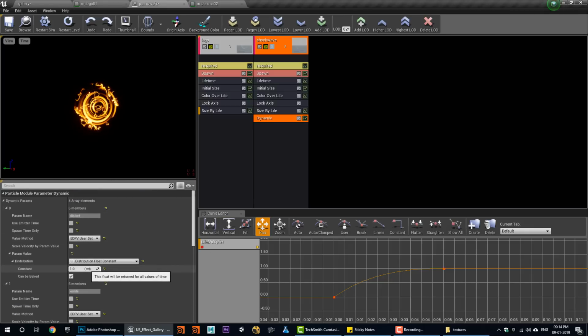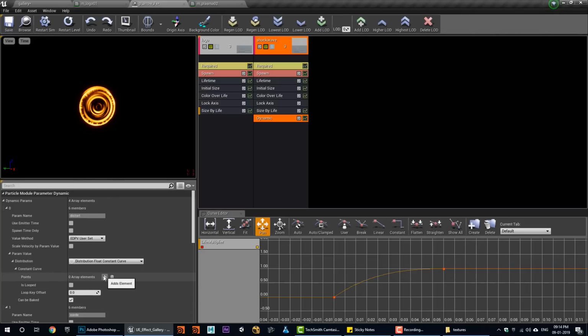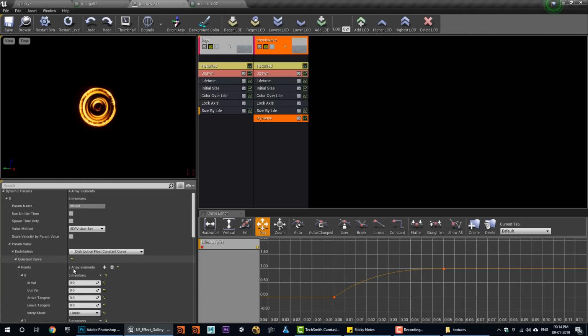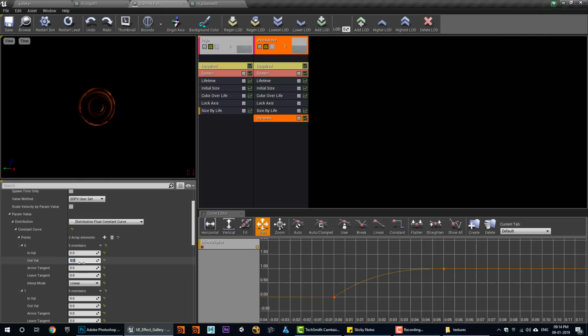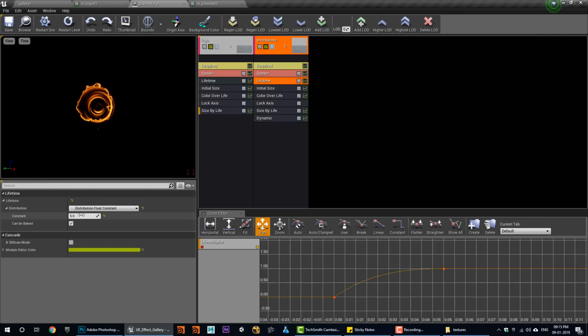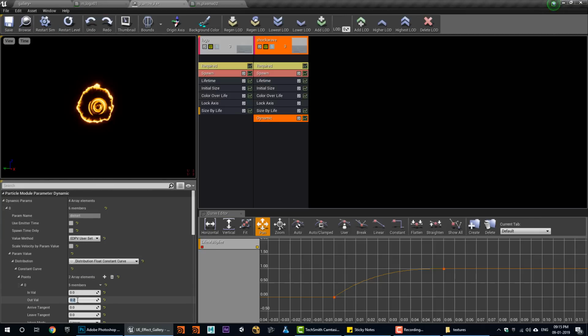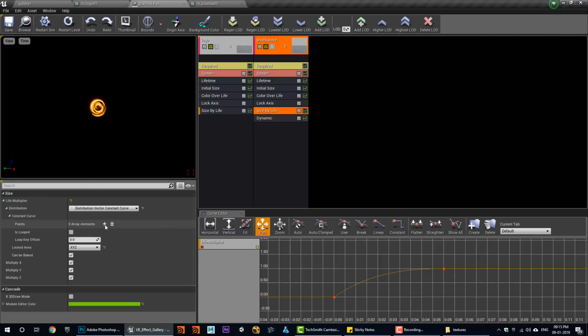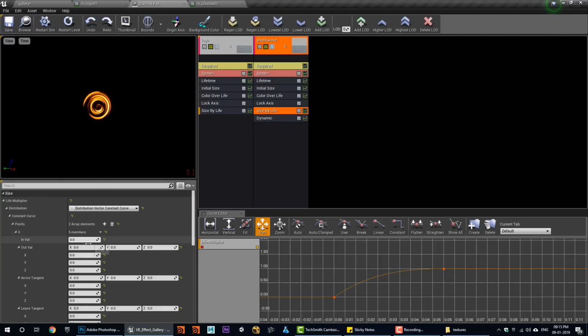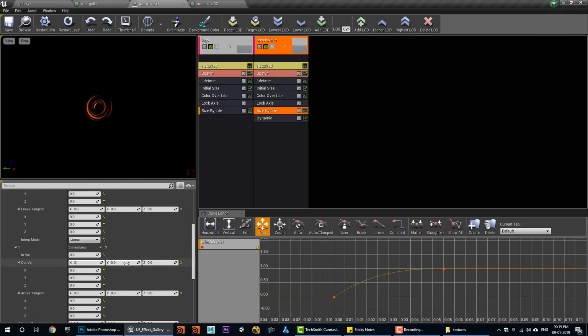So I will key my distortion, and at the start I want distortion like 1, and at the end I don't want distortion. Life I will decrease to 0.5, and maybe a little distortion, and delete keys. I want 0 at 0, at 1 it's 2,